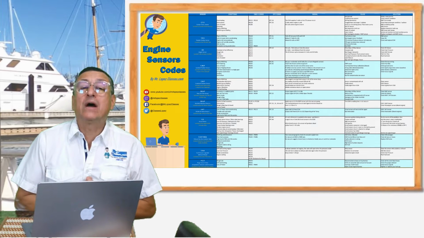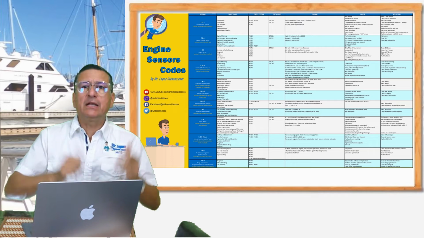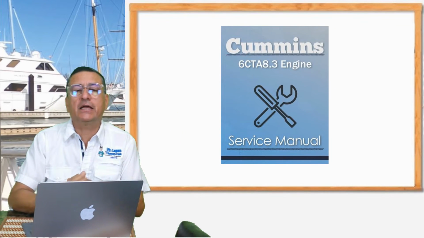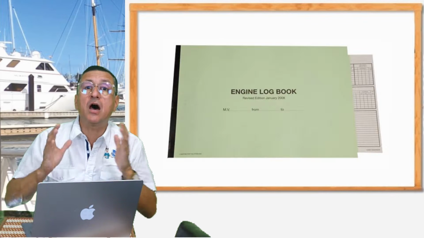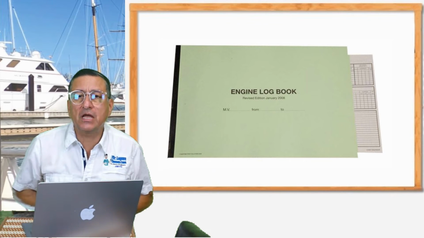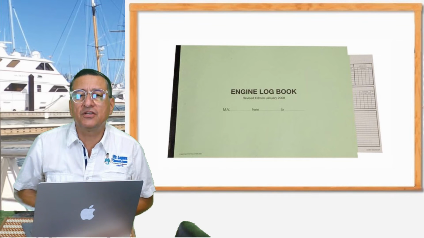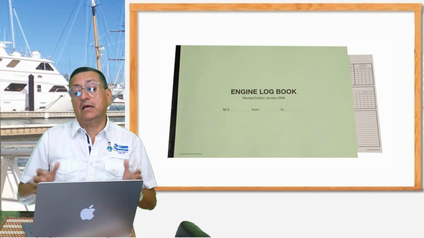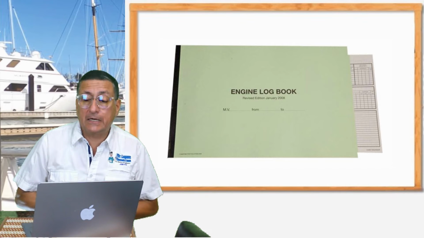Okay, what are the tools that you need? Number one, the service manual. Use the service manual for that particular engine. Number two, the log book. The log book is the history about the service, the history about the maintenance in the engine. And another important element is